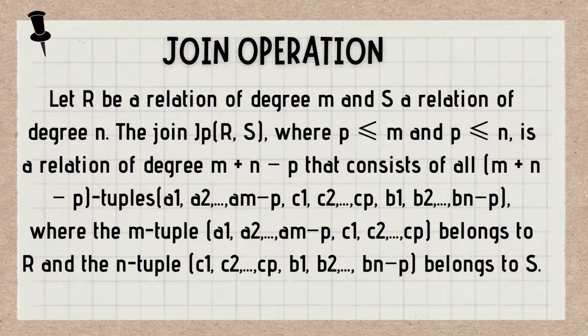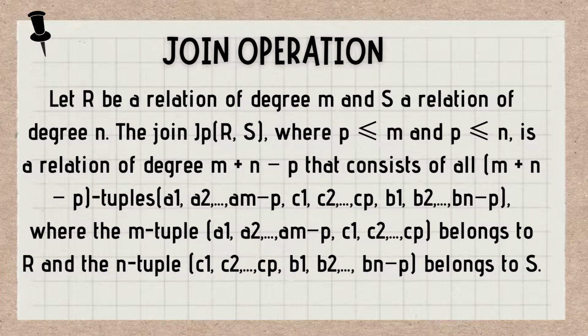The join J_p(R, S), where p is less than or equal to m and p is less than or equal to n, is a relation of degree m plus n minus p that consists of all m plus n minus p tuples (a1, a2, till a(m-p), c1, c2, till cp, b1, b2, till b(n-p)), where the m tuple (a1, a2, till a(m-p), c1, c2, till cp) belongs to R and the n tuple (c1, c2, till cp, b1, b2, till b(n-p))